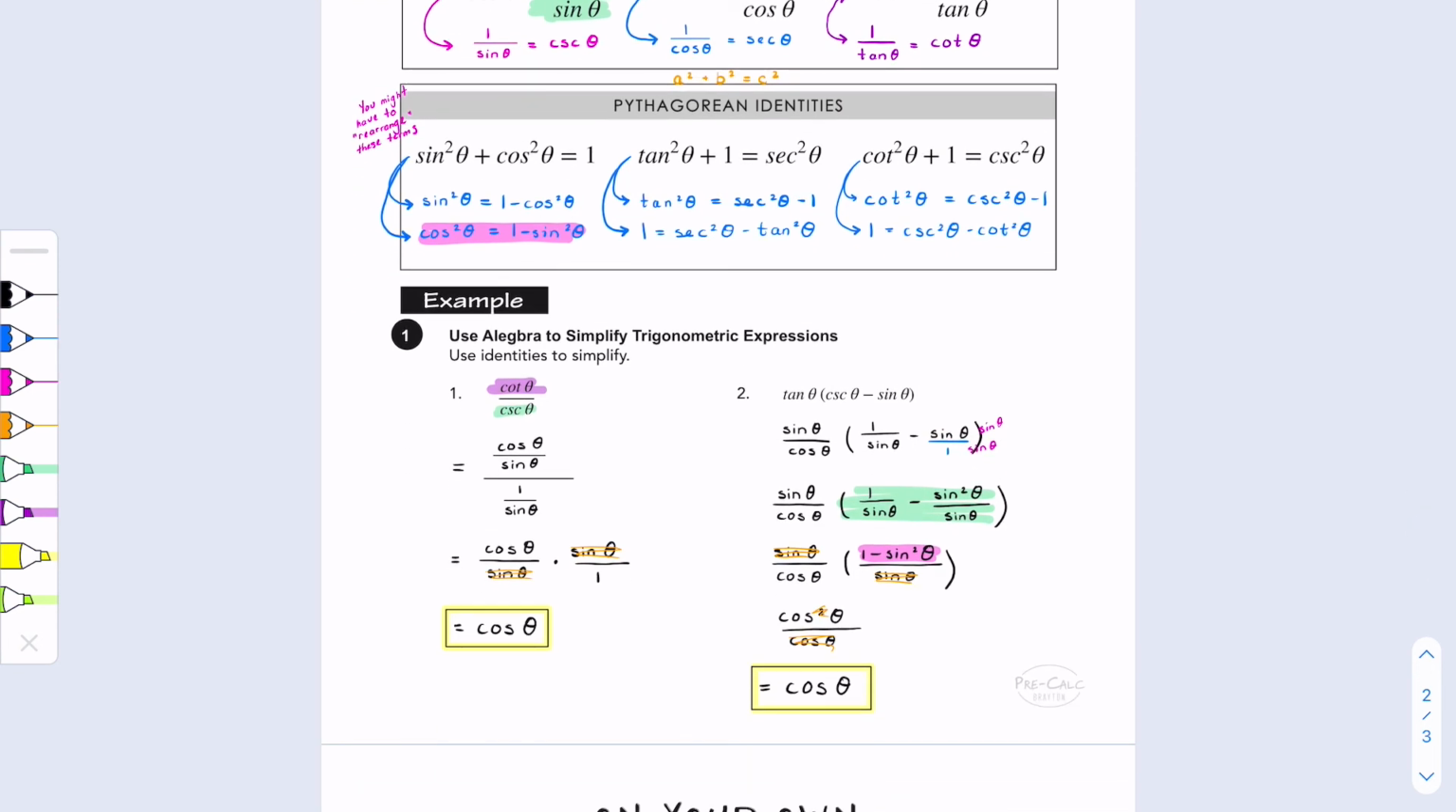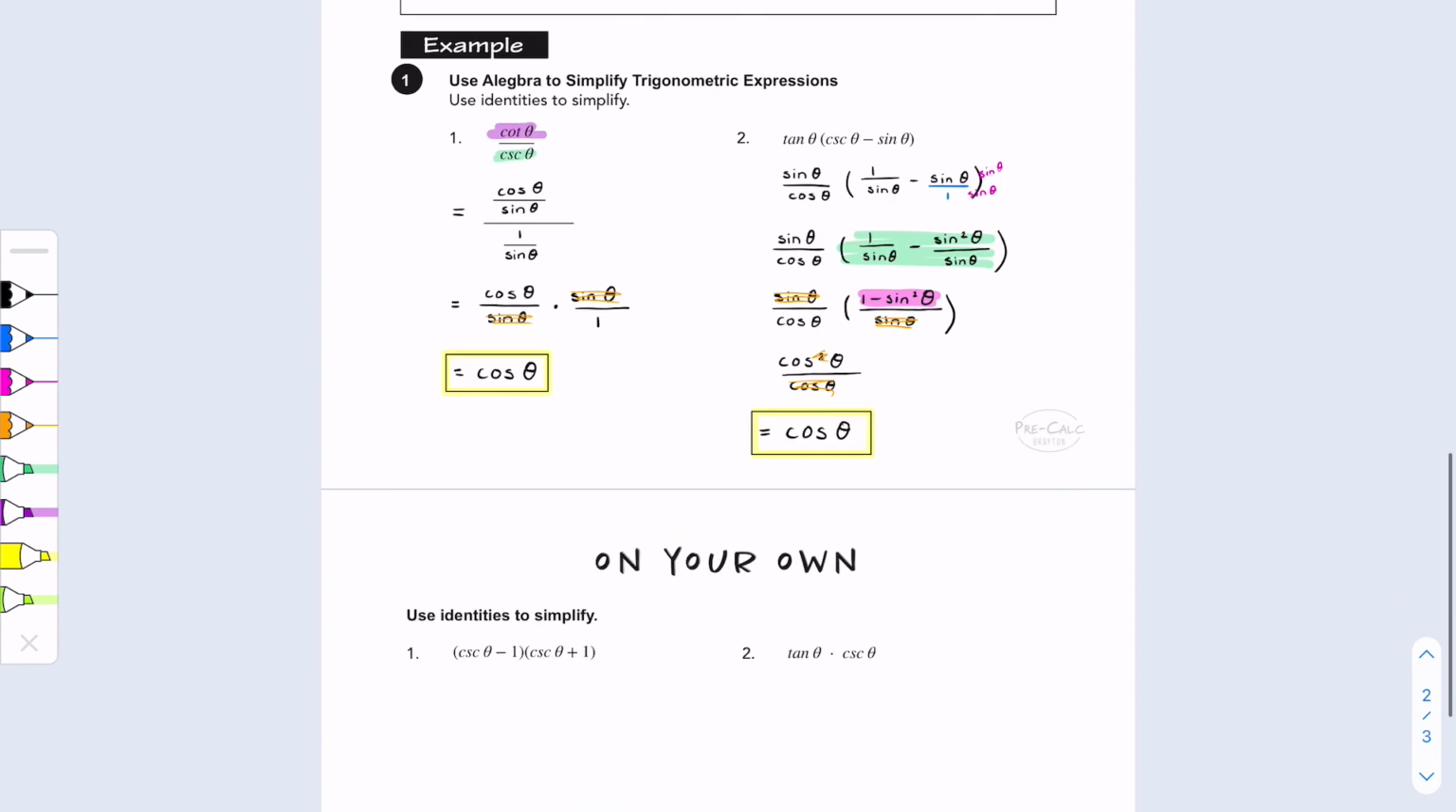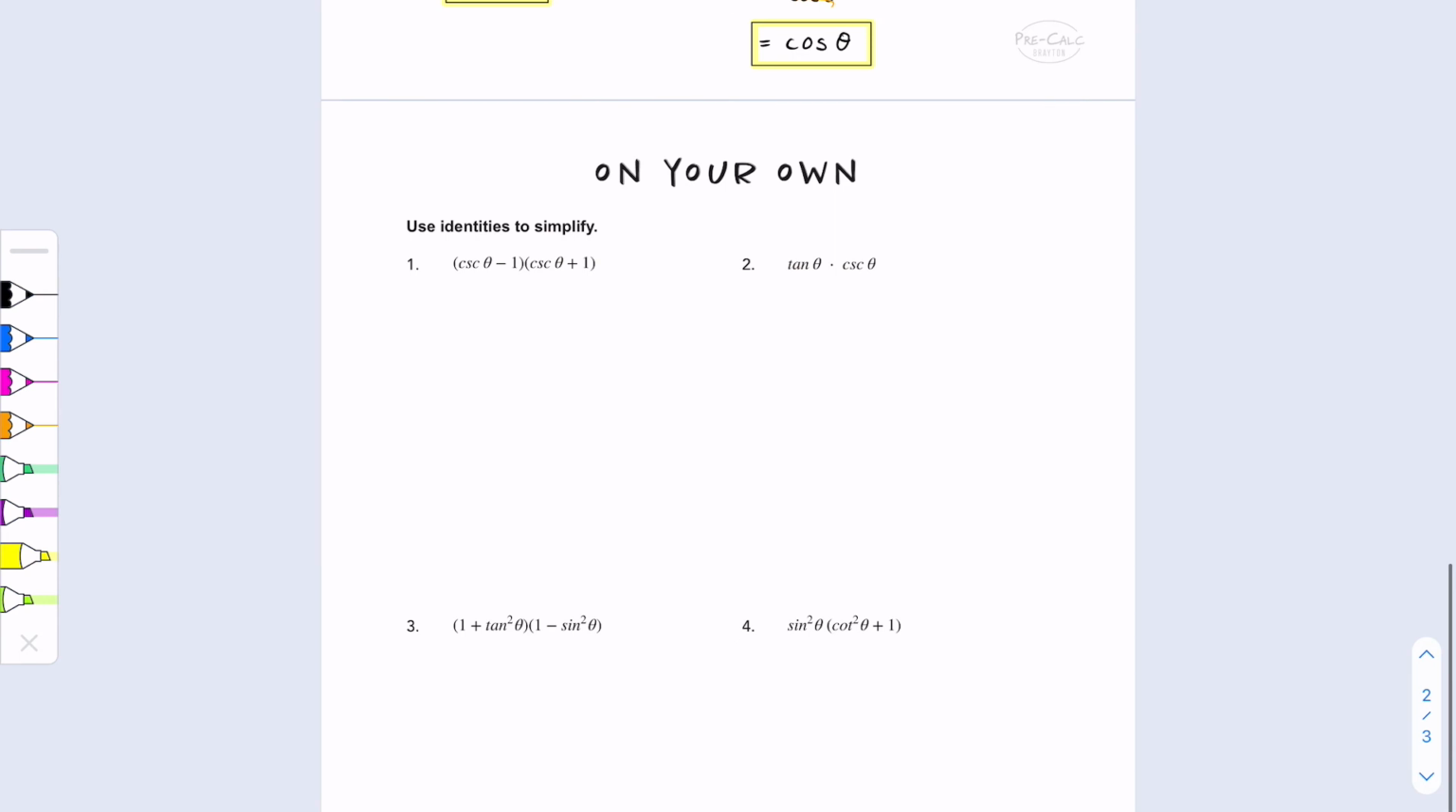Also, one last note before I switch over and just work on the on your own section. There's multiple ways to arrive at the same answer for trig identities. You may have done these problems differently than me, but you end up with the same answer, and that's completely okay. There's countless identities to choose from. So you might be able to rework the same problem with a different identity and get the same answer. Okay, so for the on your own section,